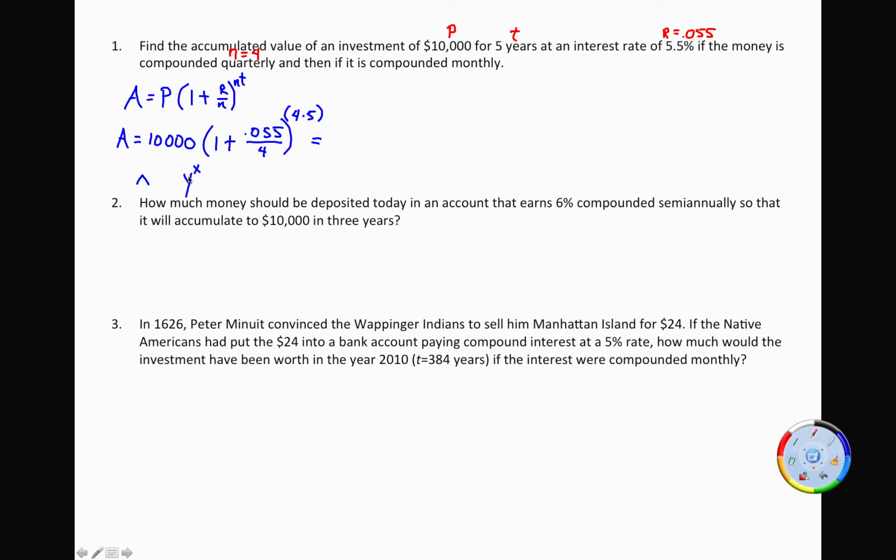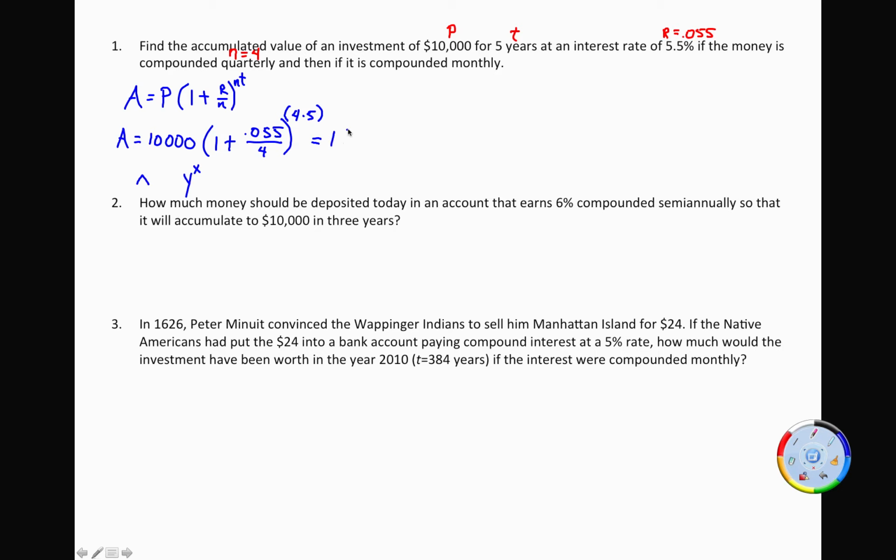So look for these 2 keys depending on your calculator. Some of them may have something different. Contact me if you have trouble finding your exponent key. So mine has a caret, so I'm going to hit a caret and then open the parenthesis, 4 times 5, close the parenthesis, hit enter,